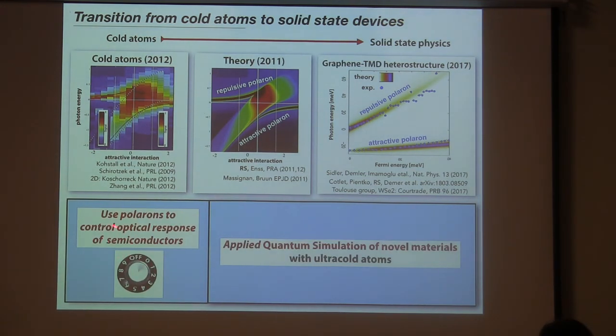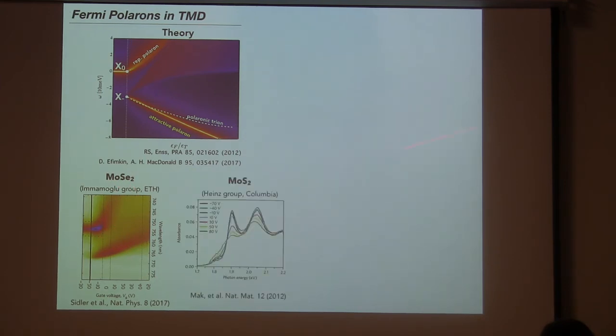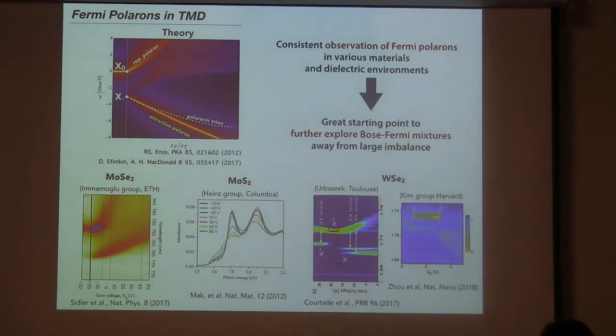It's kind of an example, remembering these rockets which Putin shot into the sky to get actually random polar information and get controlled by impurities of a many-body environment. Here one could say one used actually excitons to tune then the optical response of this semiconductor environment. All right, and this has been observed now in actually various materials, molybdenum diselenide, in molybdenum disulfide, and recently also in tungsten diselenide.